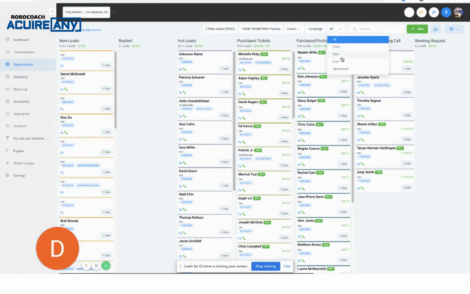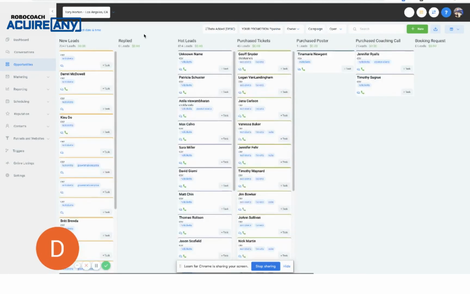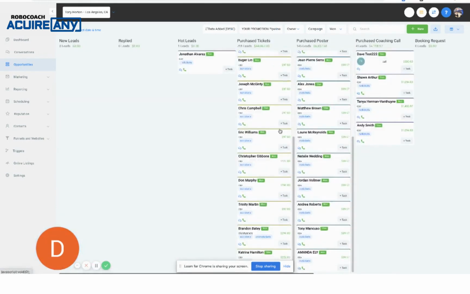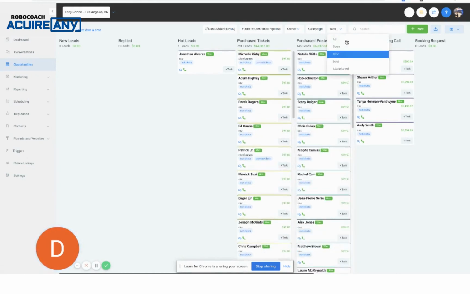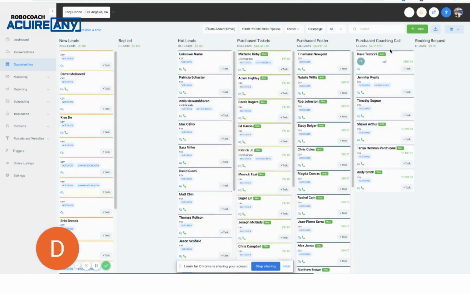And guess what? If it changes it to won, you'll see a little green icon right here. And if you don't see it, chances are it's because it's filtered as open, which means it'll only show you the open. And then if you go to all, or if you go to won, you'll see all of the won sales, like every sale that was closed, right? And of course, if you select all, it'll show you everything, including the lost sales,